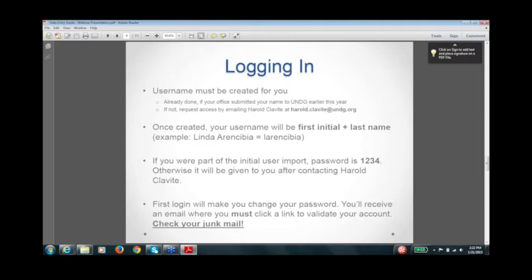If not, you can request a username by emailing Harold. His email address is there on the screen. To go with your username is a password. Again, if you had responded earlier, your password when you first log in would be 1234, and then they'll request for you to change your password when you first log in. If you need to have a username created, Harold will provide you with your password when you request